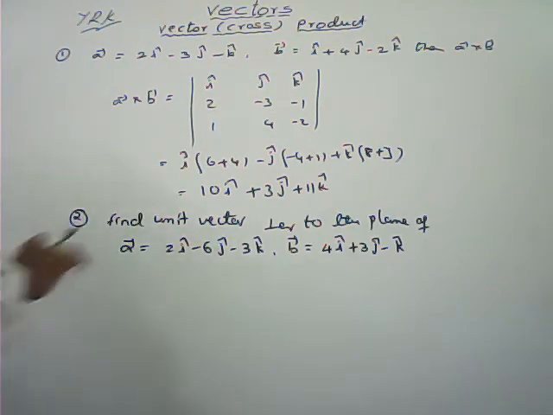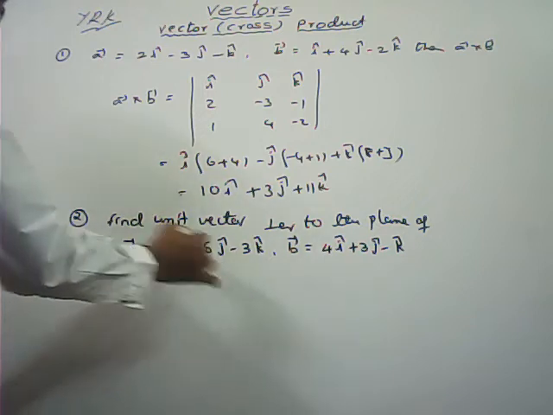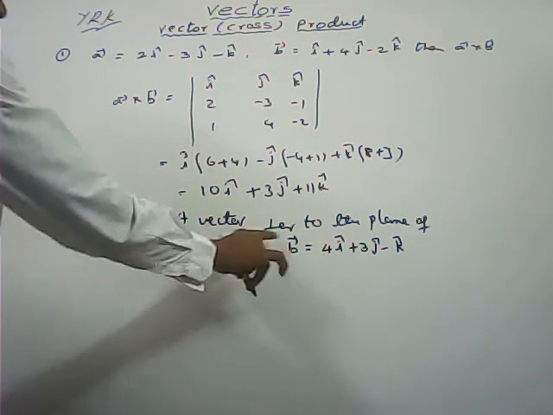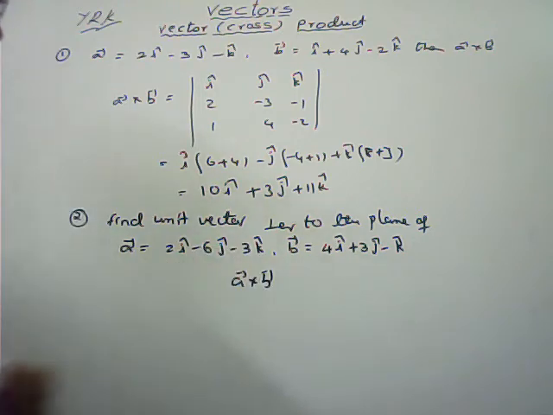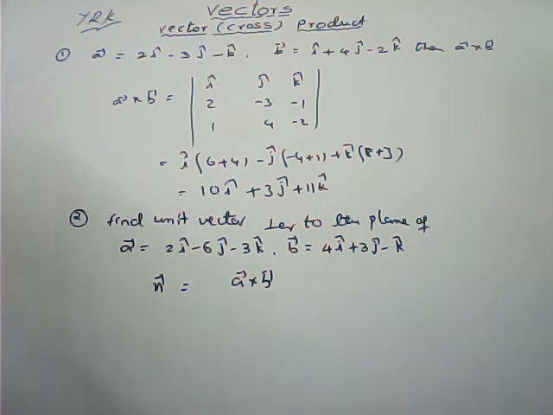Next, find a unit vector perpendicular to the plane of, here that is the definition of cross product only. Here A bar cross B bar, that is always perpendicular to the plane of A bar comma B bar only, plane containing these two vectors. So first you can find the unit vector perpendicular to both A bar B bar, that is A bar cross B bar only. Here we want the unit vector, that is n cap. N cap, that is the unit vector perpendicular to the plane containing A bar and B bar.